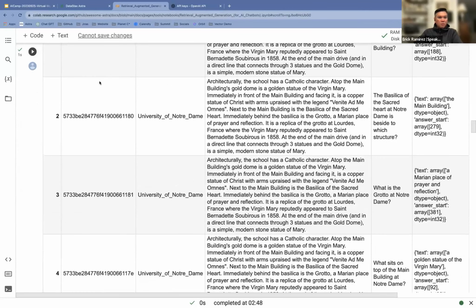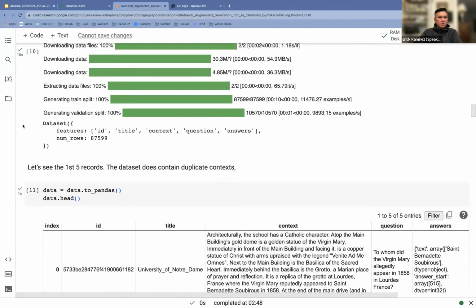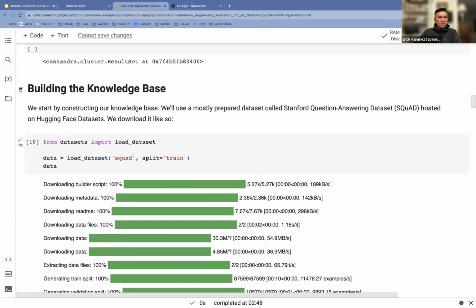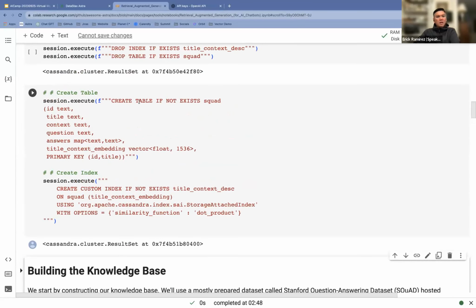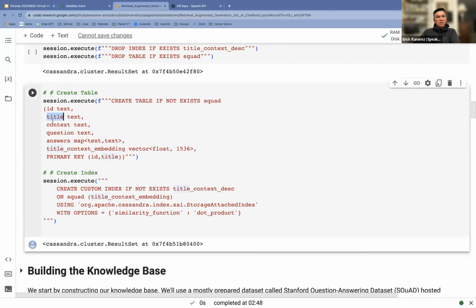So I'm gonna go right back up to where we create the database schema. I'm gonna create a table called squad, and it's got an ID, a title, a context, a question, and a bunch of answers, which is a collection of key value pairs. In Cassandra, we're calling it a map collection.